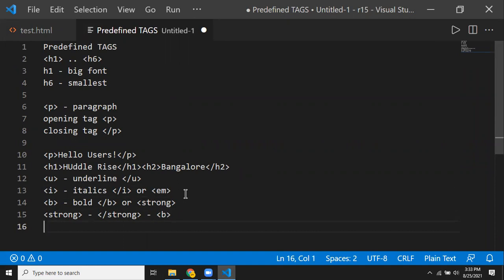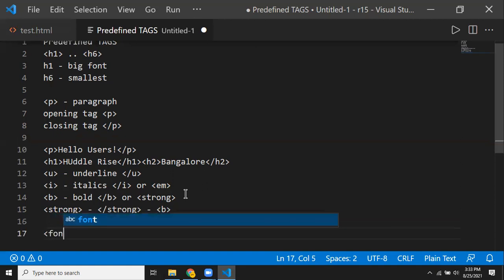All these tags have some predefined meaning. Now remember, whenever you use these tags, based upon which tag you used, that particular tag is going to do the formatting of my HTML text. The text you have is going to be formatted for me. That means it's going to make some changes and display it for us onto the screen. We have one tag called the font tag. The font tag will help me to change the font that I'm going to have.